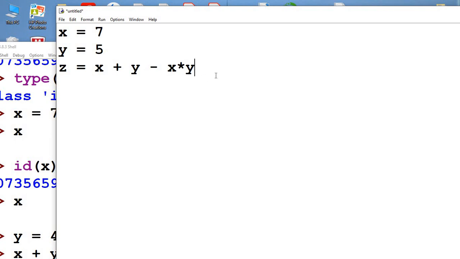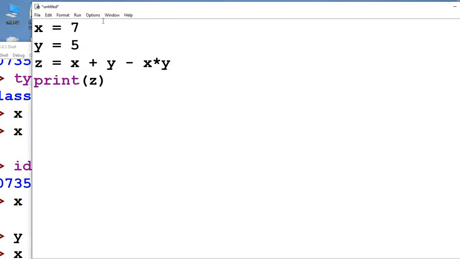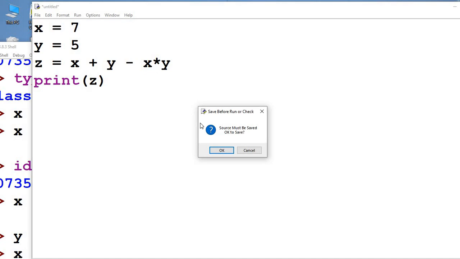Now how do you know what the computer has calculated? It has calculated these things and assigned the result to z. So now you have to write print, and inside that you write z. That's it. This is your first program. You run this, run module.